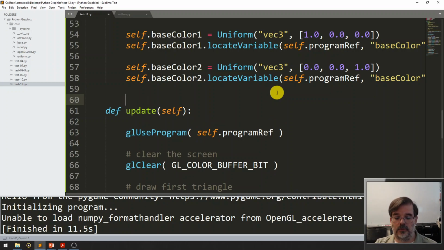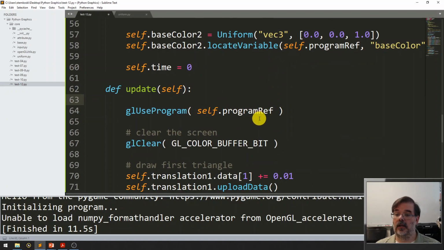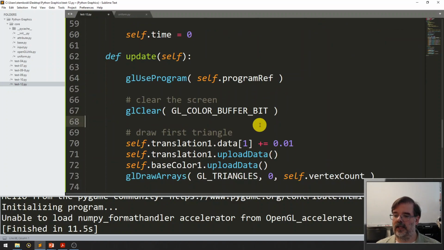First, I'm going to go to the initialize function, and I'll say self.time equals 0. And so we're going to start keeping track of elapsed time in our program. And we can use time to do some pretty neat things. Within update, we're going to go ahead and update time. So maybe right after we clear the screen,